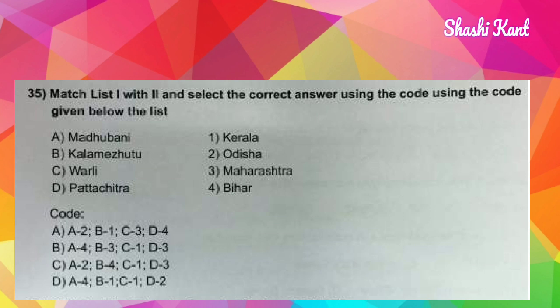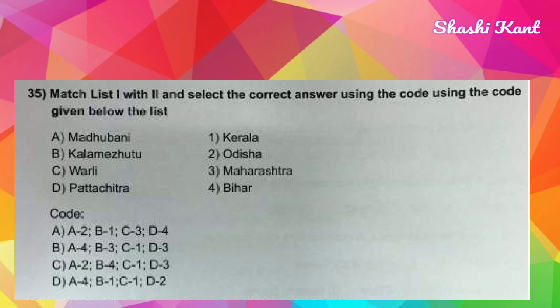Question number 35. Match list 1 with 2 and select the correct answer using the code given below the list. So you have to match this and later on you have to find out which answer is correct. So options are: in A group, A. Madhubani, B. Kalamezhuthu, C. Warli, D. Pattachitra. And in B group, number 1 Kerala, number 2 Odisha, number 3 Maharashtra, number 4 Bihar. And the codes are A: A2 B1 C3 D4, B: A4 B3 C1 D3, C: A2 B4 C1 D3, D: A4